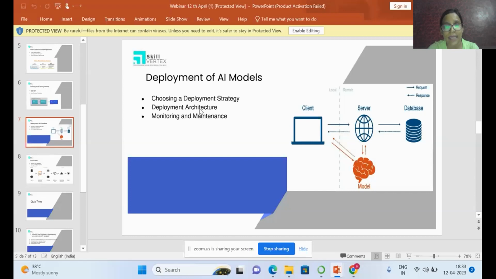So deployment of AI models is very important, where we actually use the technology. For example, first of all, Docker and Kubernetes technology. Docker and Kubernetes is basically, for example, in a company or in a group project, if someone is working on some project and they want to run that project. Okay, now another person wants to run that project. You are working in a 5 people team. Now another person wants to run that project, but he doesn't know whether he has the right libraries for that, or whether